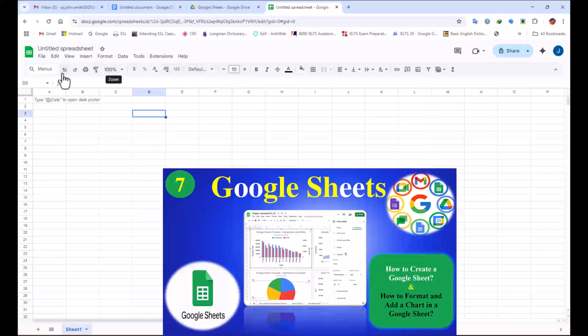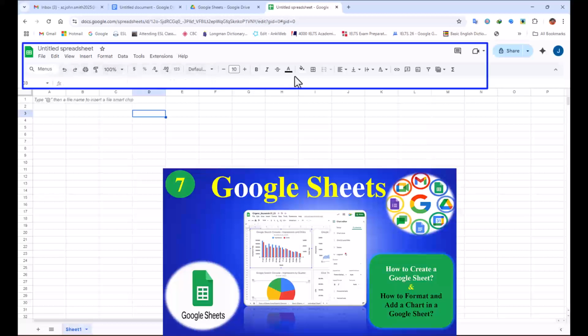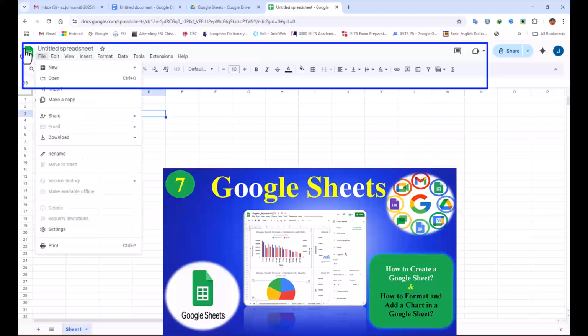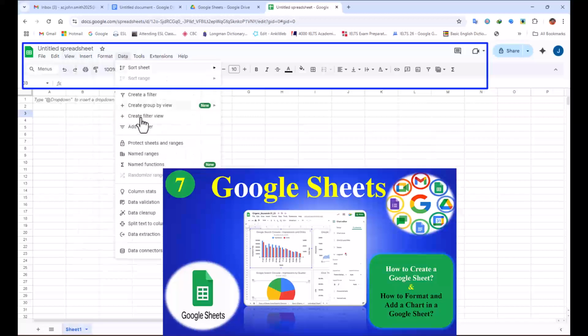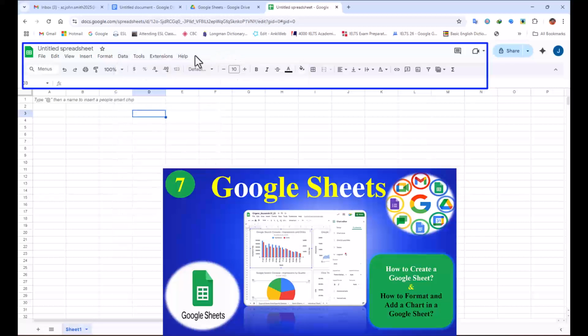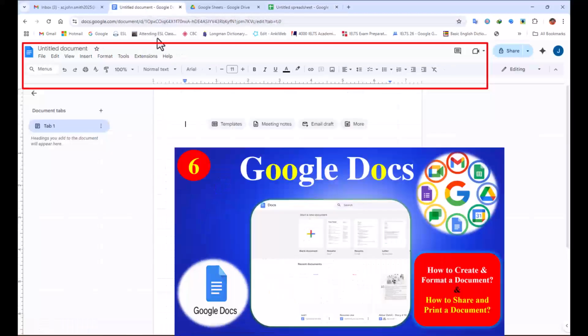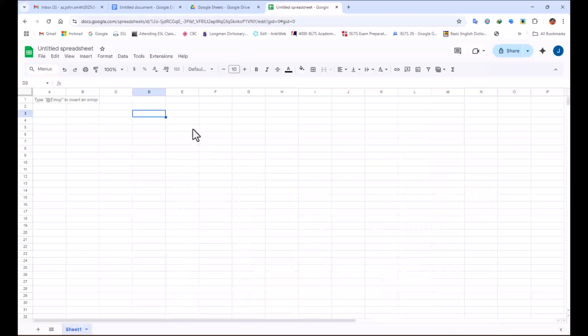be so easy, because as you see, all of the tools here are similar, except maybe some formulas, and also all the options in file, edit, view, insert. Only we will have some extra information here, and working with this program will be so much easier if you have watched Google Docs. Exactly similar. I can mention that 90% it is similar to that. So this is the first point that I wanted to mention.